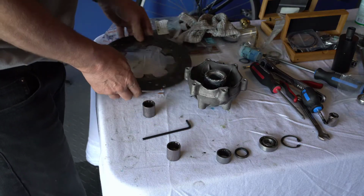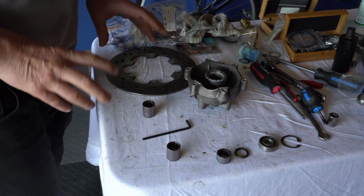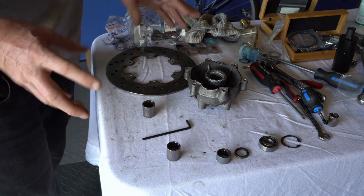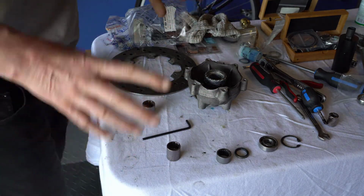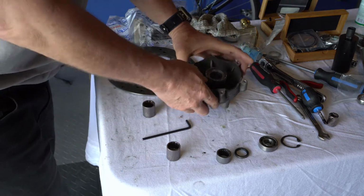So this comes off. So I know you missed what we've done is we took the new one and we replaced it with new parts, and we did that on the fly, so I didn't really have time to get the camera going because we were discovering it ourselves. But now that I know, the first thing you got to do is basically